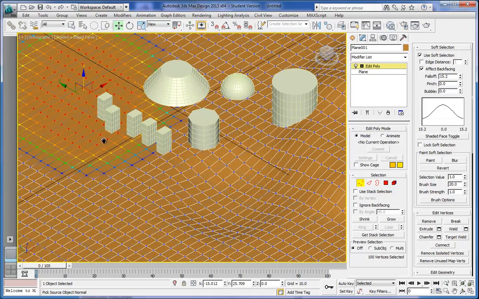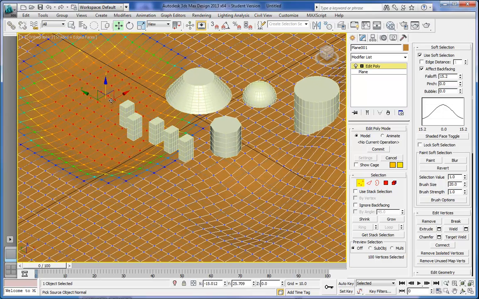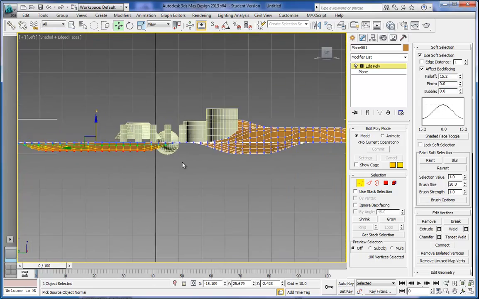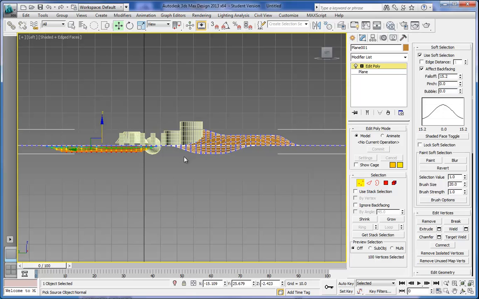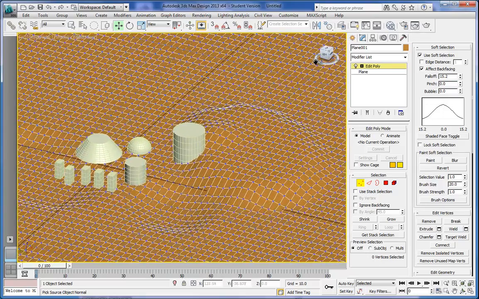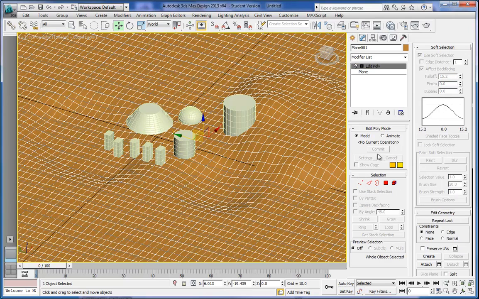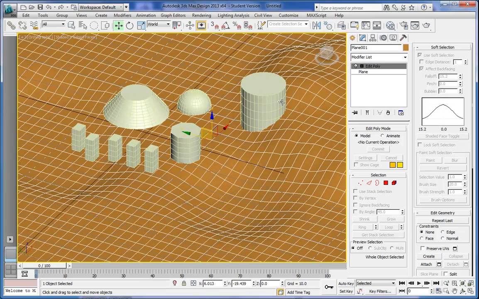So what you can see here is I'm just adding some topographical surface changes to this plane, and if we look at that in an orthographic view, you're starting to see some more changes in this grid. So we've got stuff going up, we've got it going down, and looks pretty good as far as, say, something like a site plan would look. So I'm going to uncheck this in our soft selection, and maybe we want to do a little soft selection